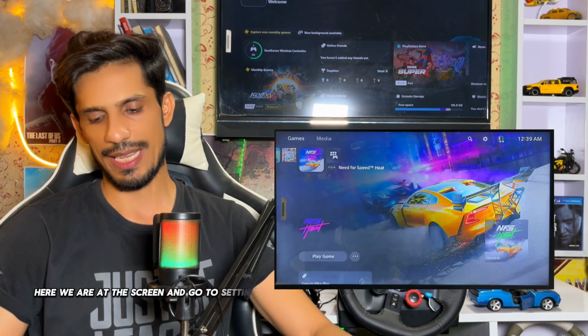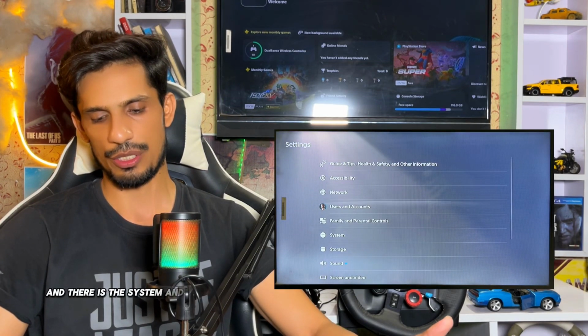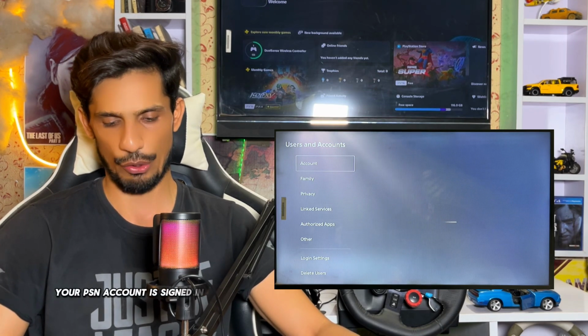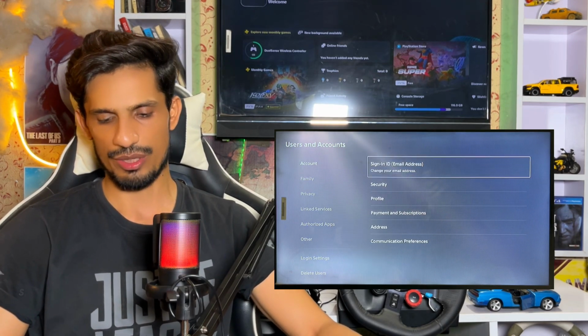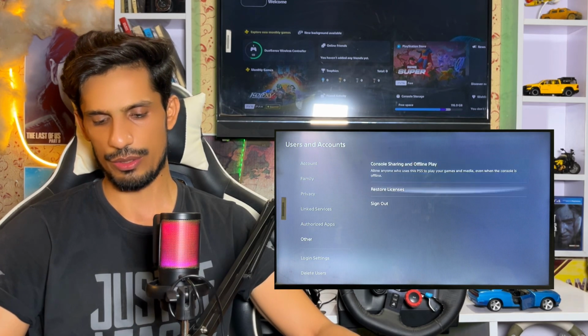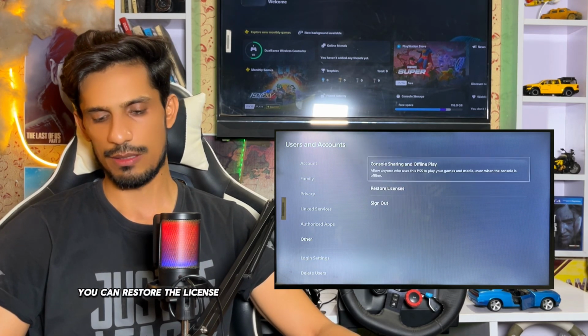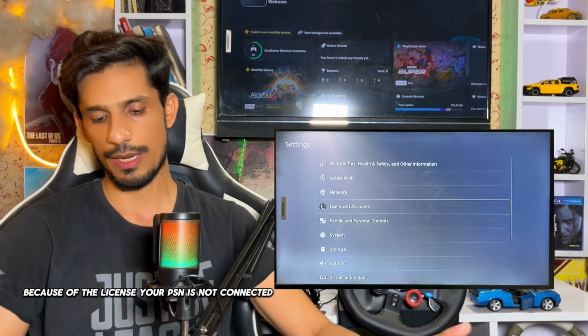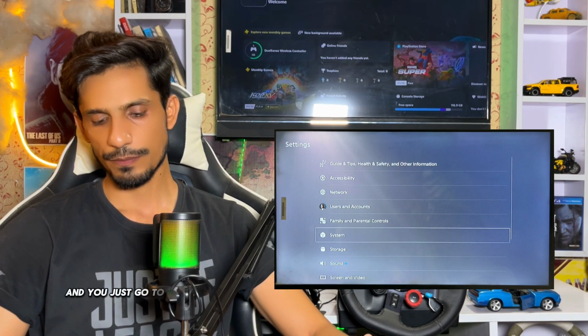So I'm just going to share a screen on my left side. Here we are at the screen, and go to settings, and there is the system and network. You must check the user and accounts, whether your PSN account is signed in or not. Simply check it here, sign in ID, and you just sign in and go to the others. You can restore the license. Sometimes you're having a problem because of the license, your PSN is not connected,